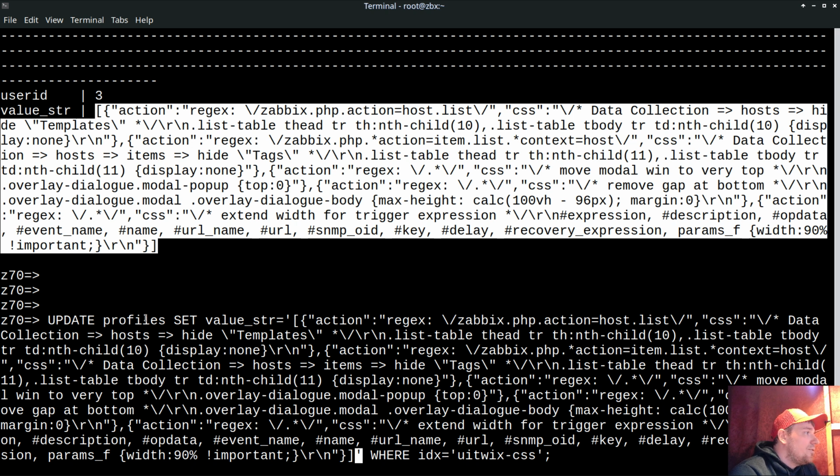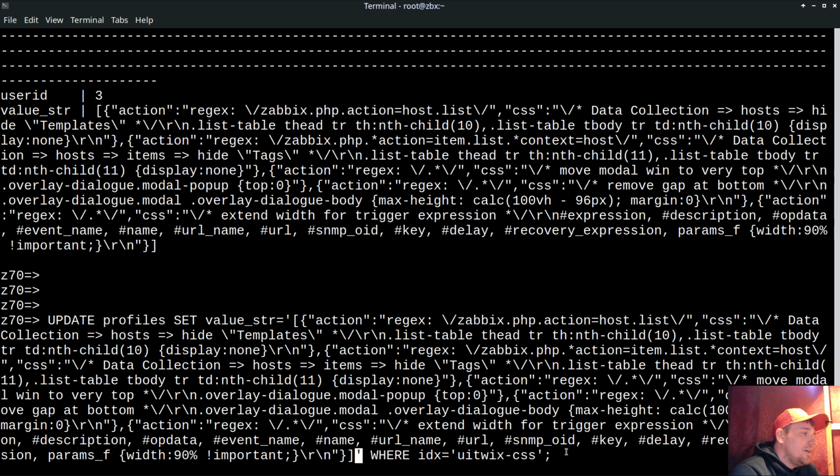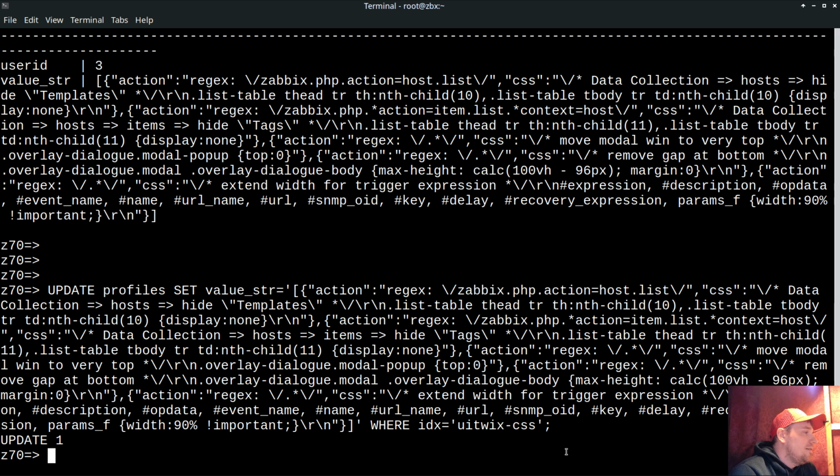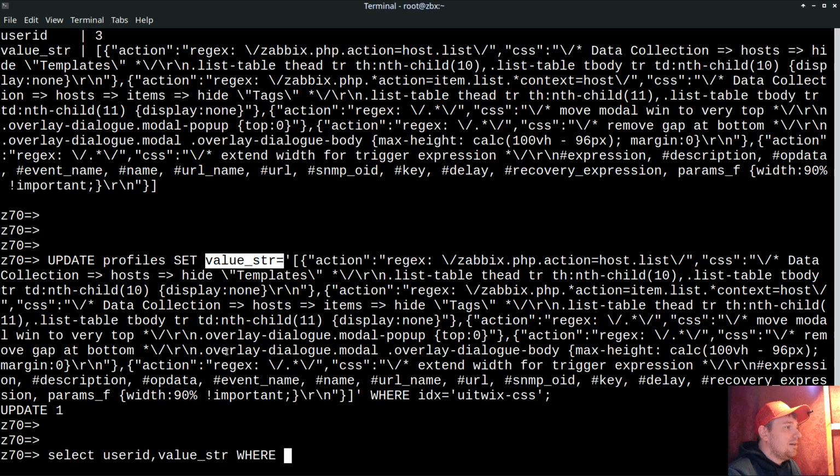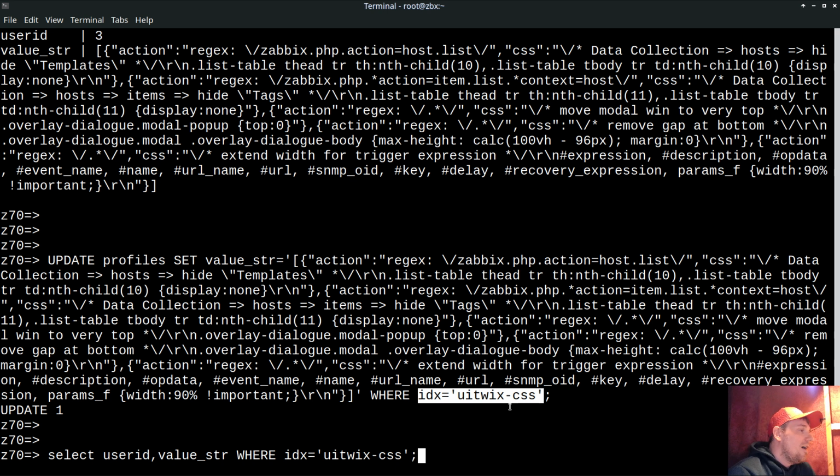So update profiles set value string equals in the single quotes where like that, and enter, and it did not fail. Update 1. If we look at the profiles table, we can see something like select user ID, comma, value string, where again this condition, and now we can see how many users. If I click enter,